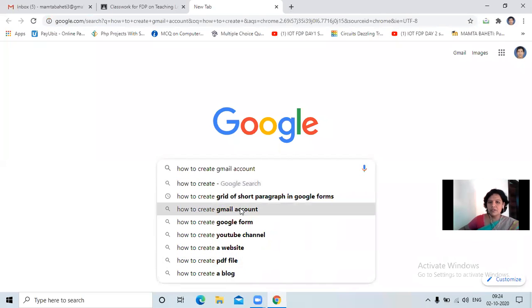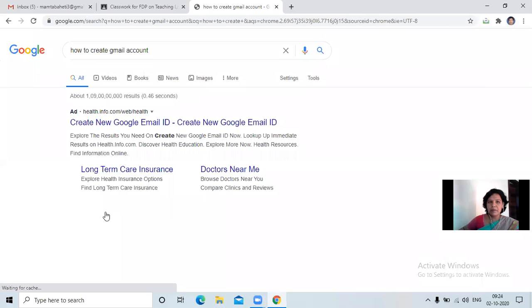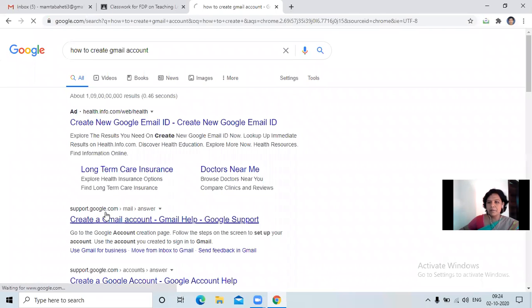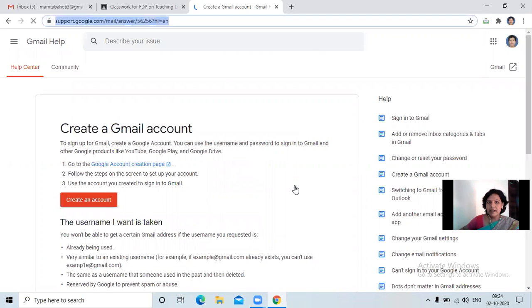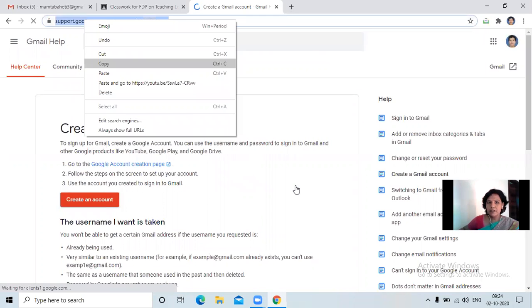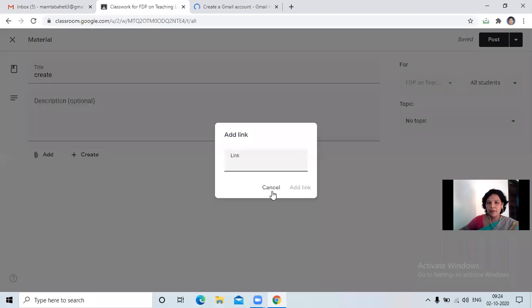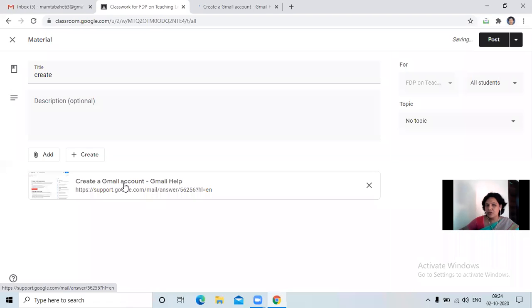Suppose this is the study material in the Gmail account, and this is the particular file that has to be attached as the material. So I'll click this, copy and paste it here and click add link. So now that particular web page is directly shared as study material to the students.